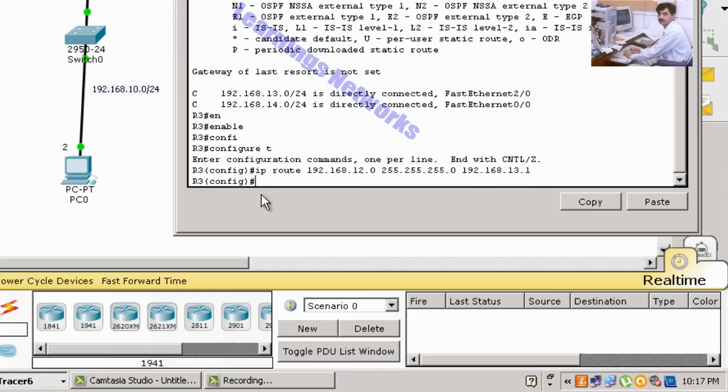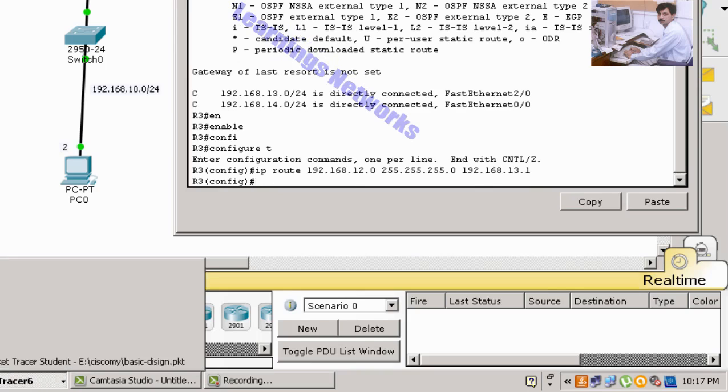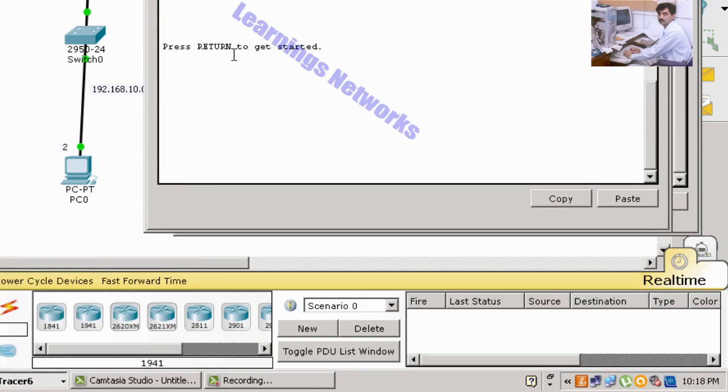The same on R2, which is the center router. Enable, show IP route.